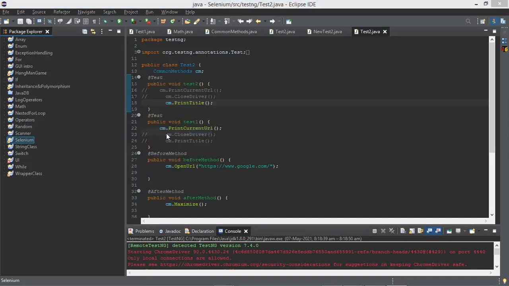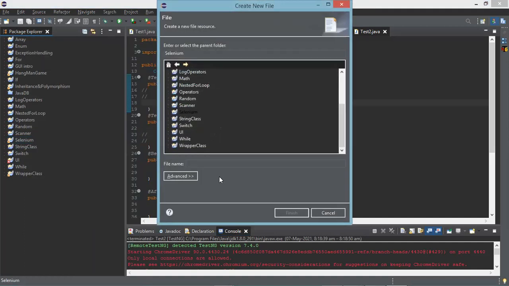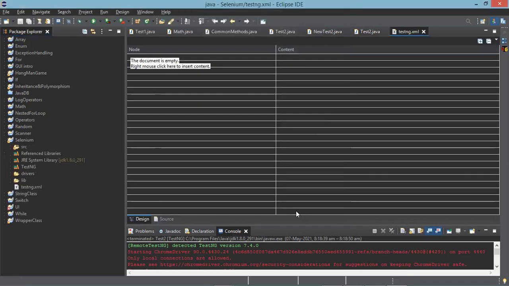Give the name as testng.xml, all small letters, you cannot give it otherwise. XML. Finish. Now you can see that it is showing here.